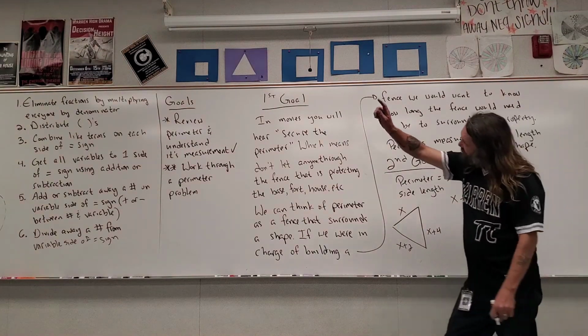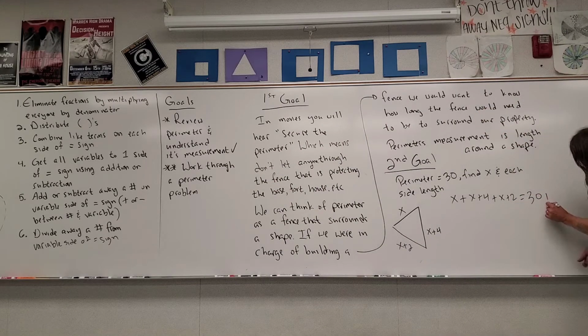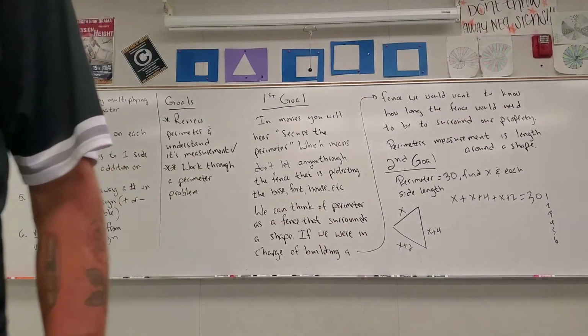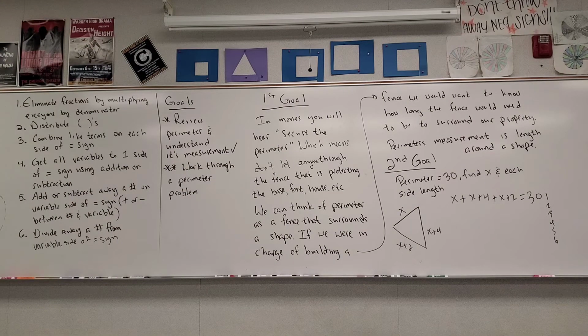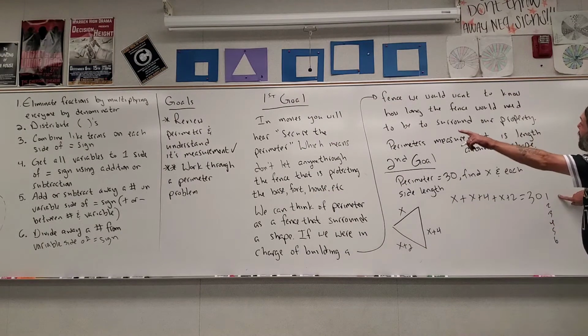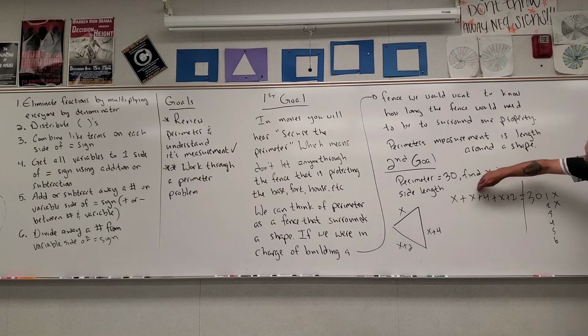Now I can get into my six steps to solve, and again, this is a guide to help us work our way through problems: 1, 2, 3, 4, 5, and 6. Let me make sure I'm on this before I have to erase and start over again. Oh, I'm on there. Good. So step 1, do I have fractions that I need to eliminate? No, I do not. Step 2, do I have parentheses so I can distribute? No, I do not. Step 3, are there like terms on each side of the equal sign that I can